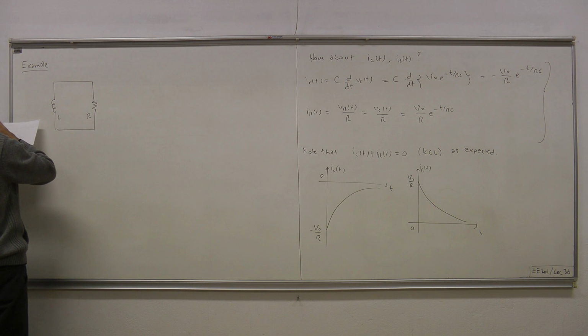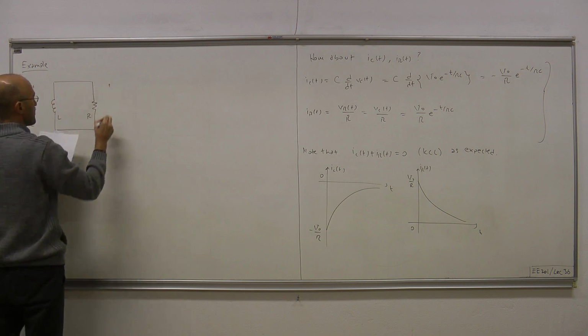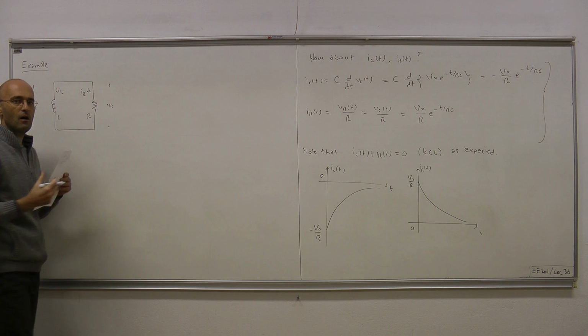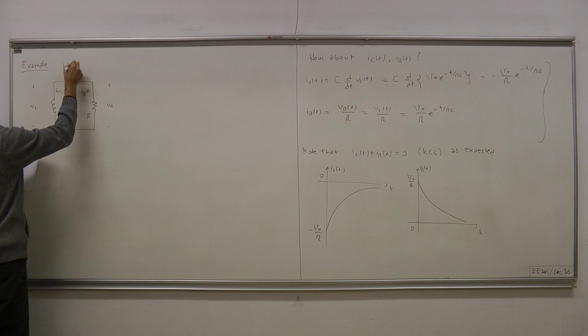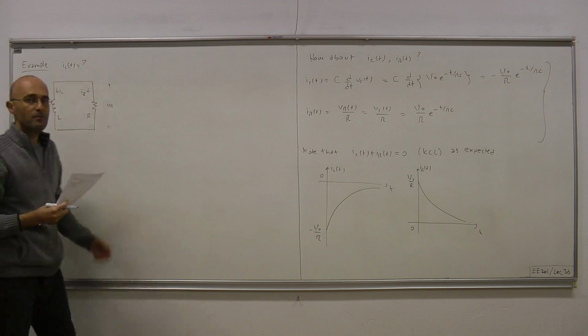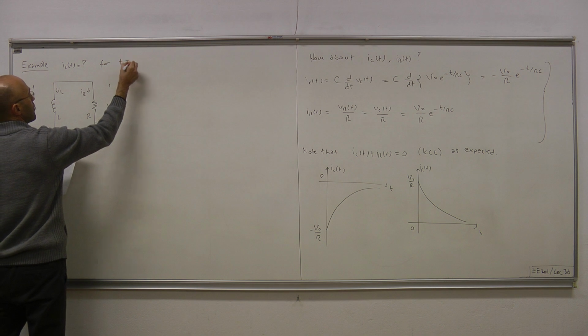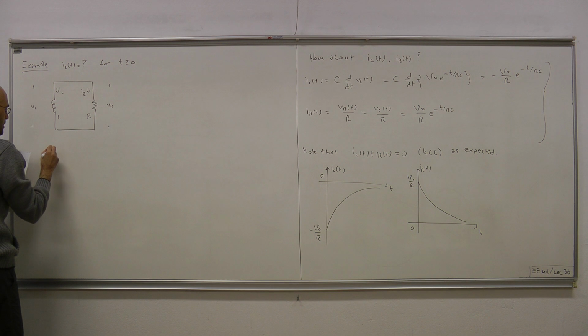L, R, VL, VR, IL, and here we have IR. And for this circuit, let's try to figure out ILT for future times, t greater than 0, given the initial condition